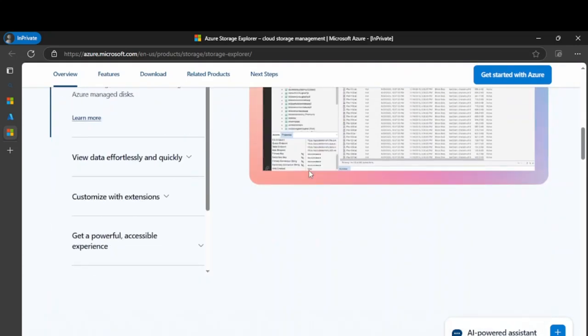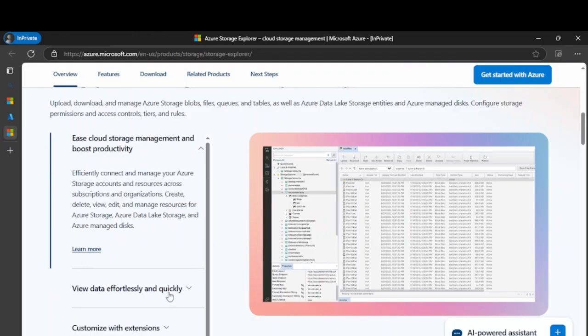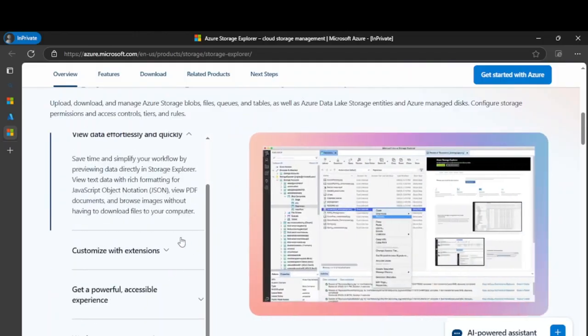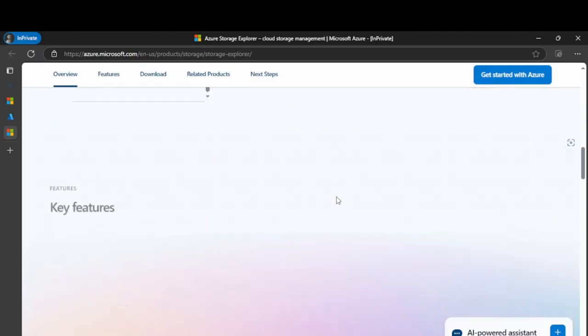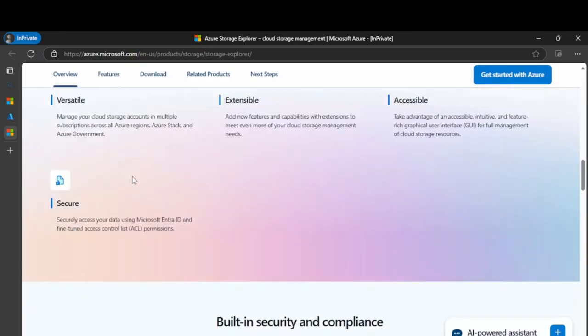This is the interface of that application, and you can use it with extensions. You can add multiple extensions, like the Azure Data Factory extension. You can merge your Azure Data Factory with the ADLS, connect your files and sync them in the cloud. With Azure Data Studio, you can make transformations of that, or you can use it in a pipeline. So these all are key features.